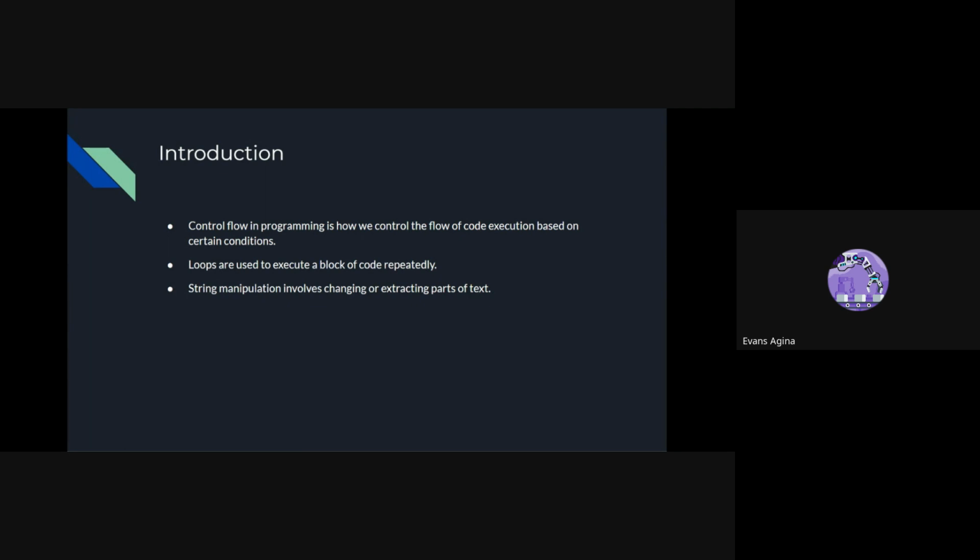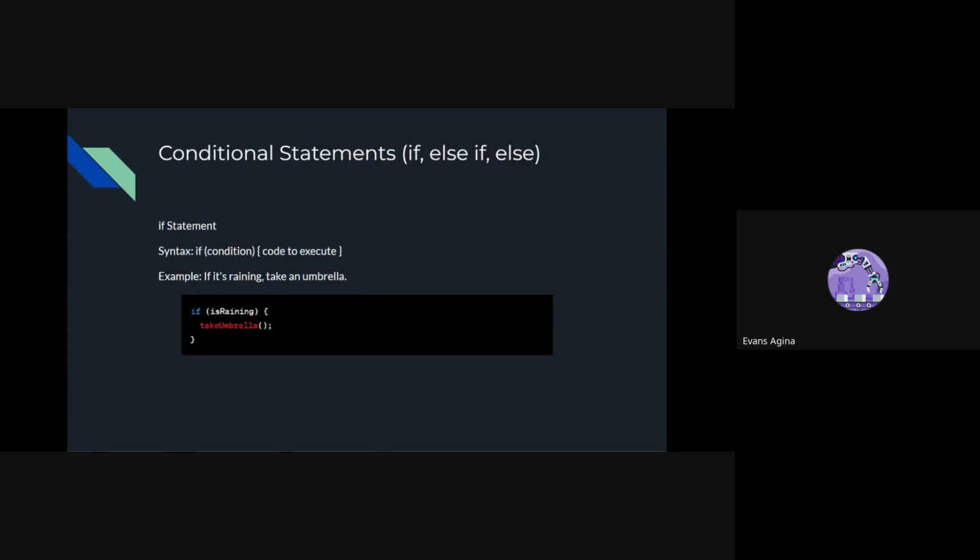All right, so the next slide. So conditional statements, the if statement. I think this is very, very straightforward and easy to understand. So if a certain condition is true, the code executes. By default, the if conditional statement runs if something is true. If you wanted something to be false, you'd have to